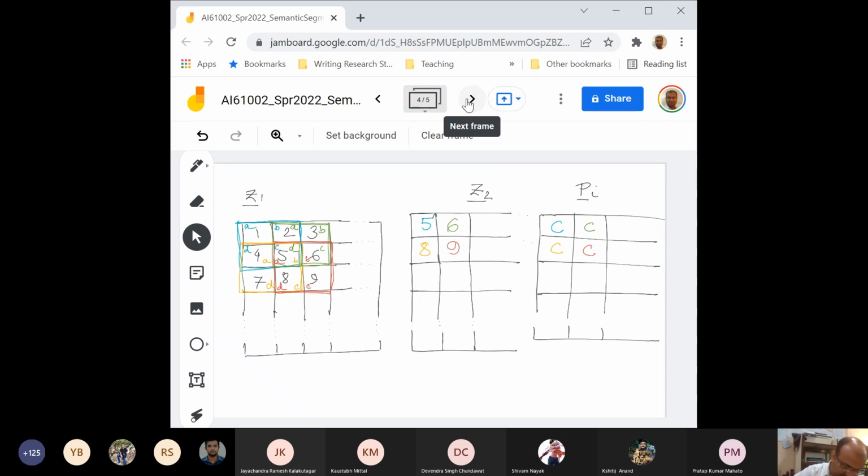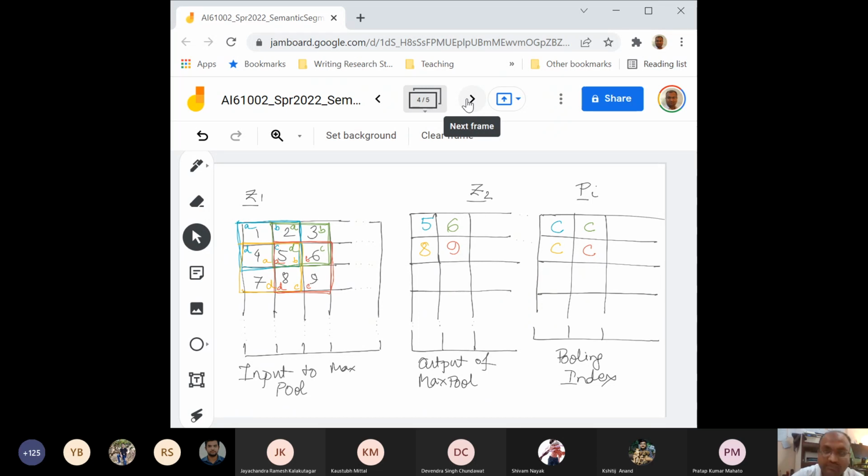Okay. So this is my input to max pool. This is the output of max pool. This is the pooling index, which we have over here. So you got your input to the max pool, you got your output from the max pool, and then you have your pooling index.